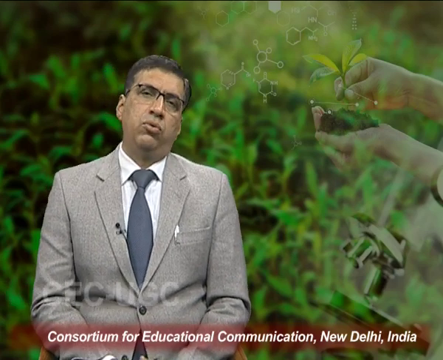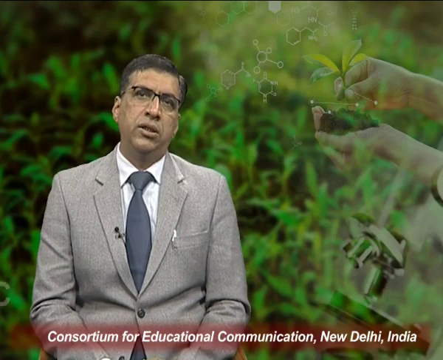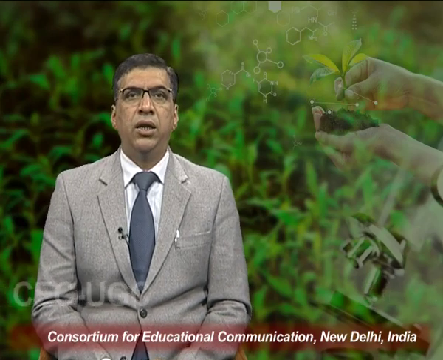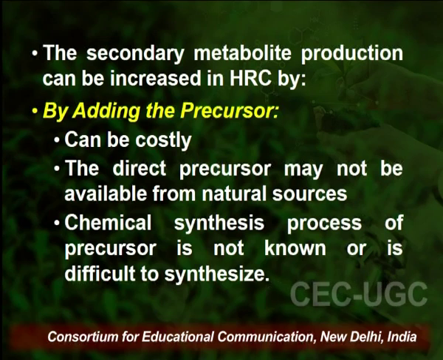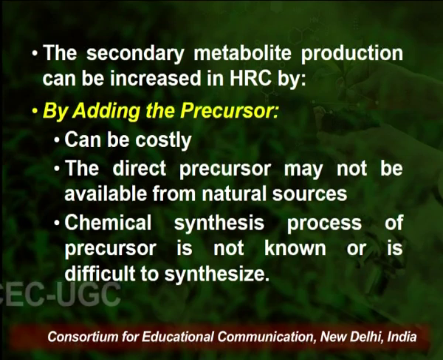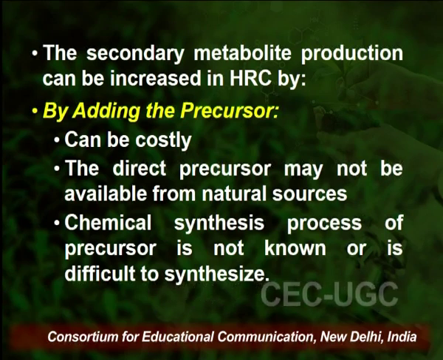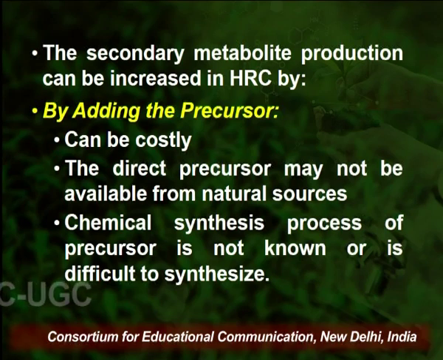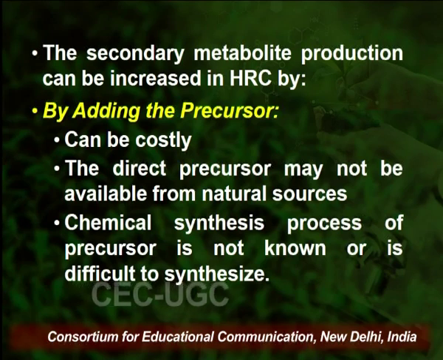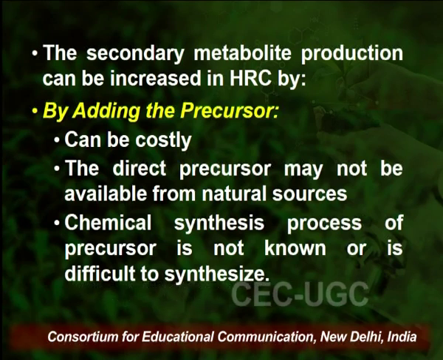Now, by using hairy root culture, we can enhance the secondary metabolite production, and this enhancement or increase in the production of secondary metabolites can be done by using various strategies. The first one is adding a precursor. Now, a precursor is a molecule that leads to the biosynthesis of the desired compound in the plant matrix or in the plant cell system. Now, there are certain disadvantages of adding the precursor into the culture media, as it can